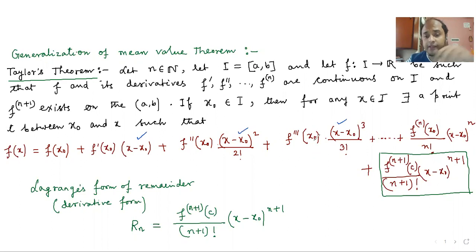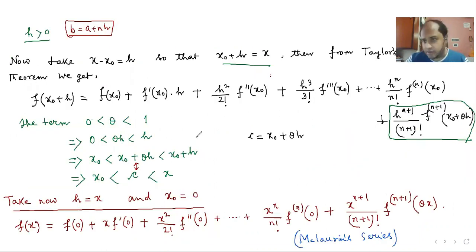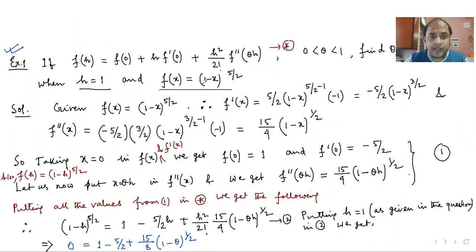And with the help of this, derivatives have also been calculated at that point of the function. With the help of this function, we are trying to approximate the given function f(x). Now here in this particular problem, the same thing applies. The function was actually given as (1 minus x) to the power 5 by 2,